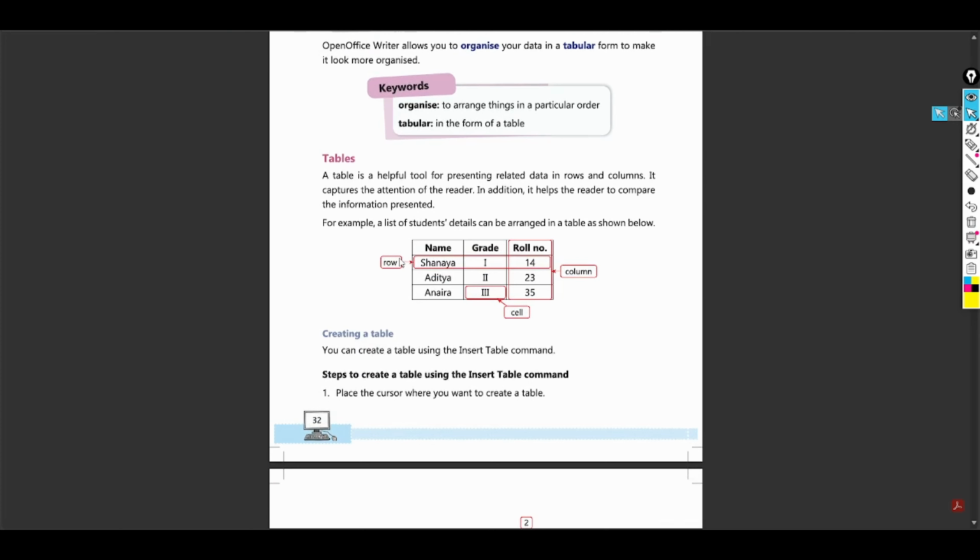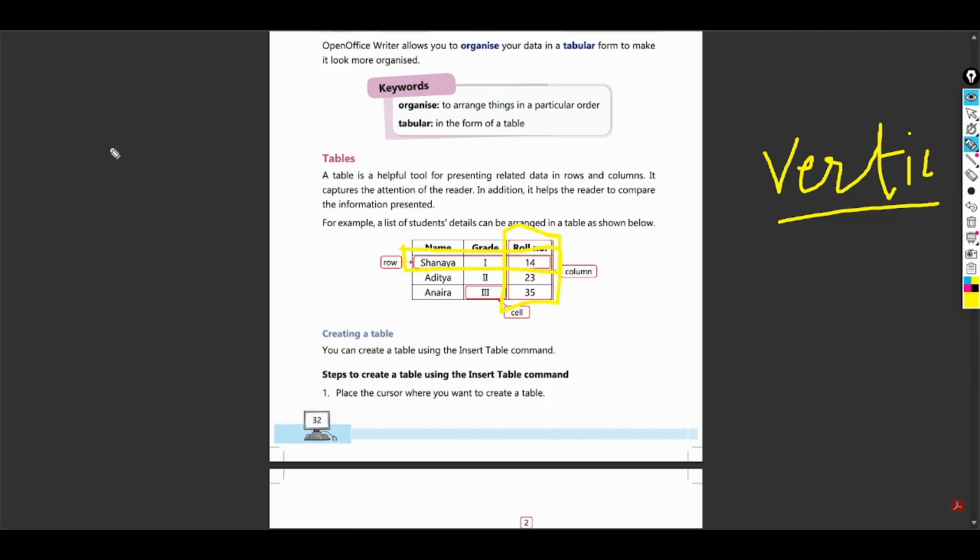Now let's see tables. What is a table? See here, an image where we are seeing a table and its different components. First we will see what these components are. You see this? This is called a column. The best way to remember a column is, for example, any building. You see there are columns, correct? Columns are in which way? Vertical. These are columns and the remaining one is a row.